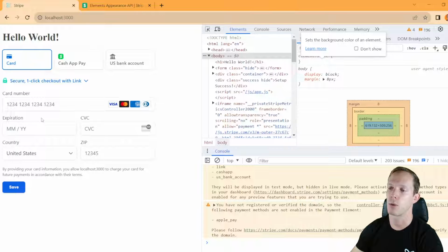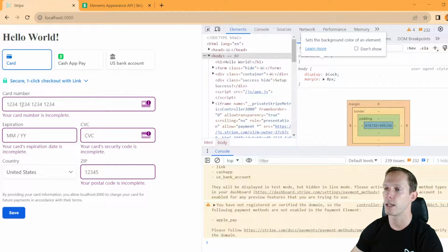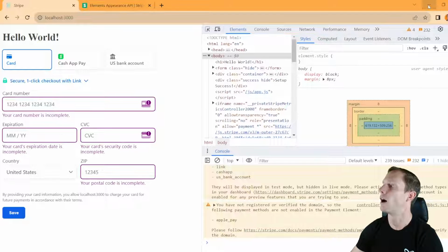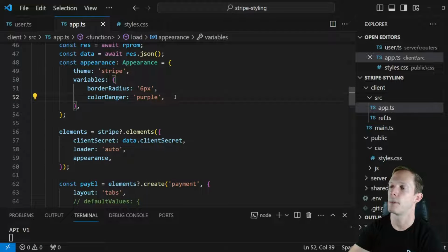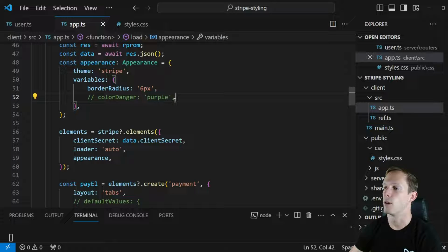Obviously, that's going to be something extremely close to what we had before. I think by default Stripe uses 5, so you're not going to be able to see the difference there. But when we save it, now we can actually see it's a purple error state and not a red error state like it typically is, right? So kind of cool, just something that is easy to change. But we're going ahead and comment that out for now